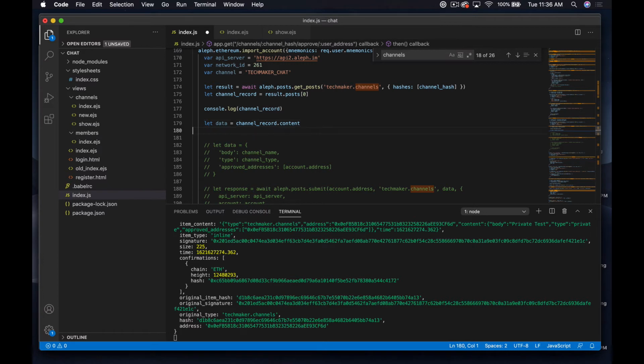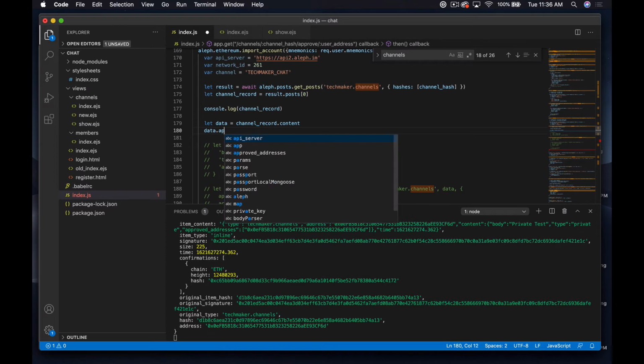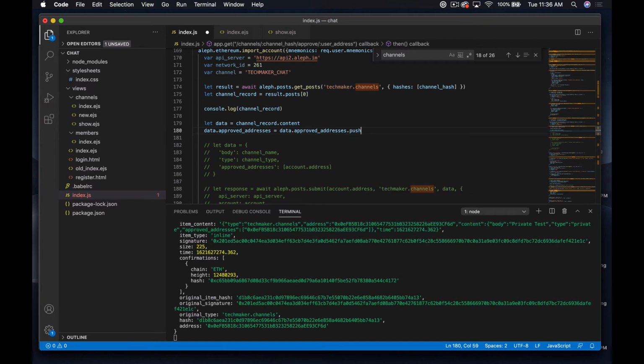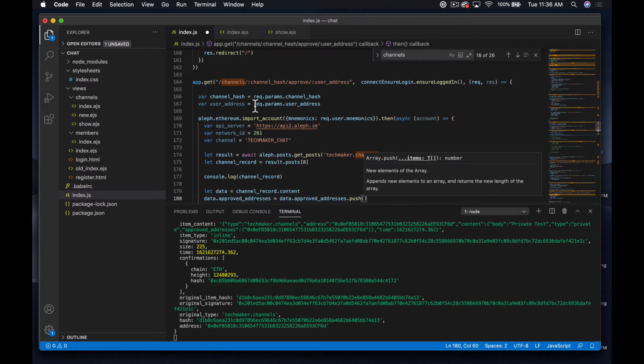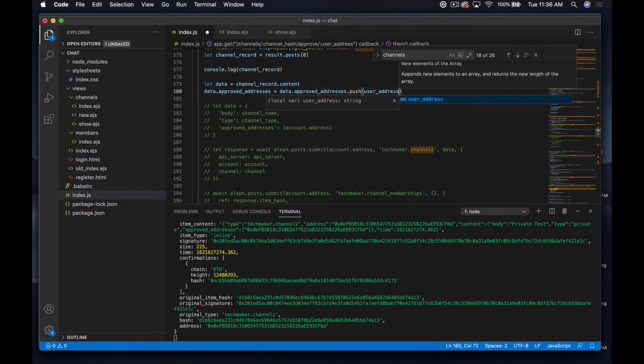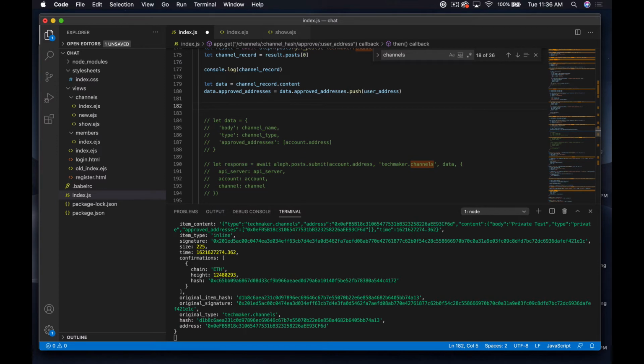Okay, so what I want to do is say data dot approved addresses equals data dot approved addresses dot push, and then we'll push the user address. Okay, and then let's just console.log data,